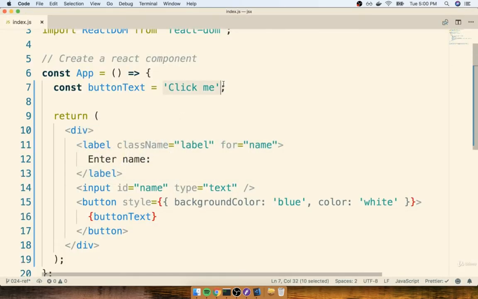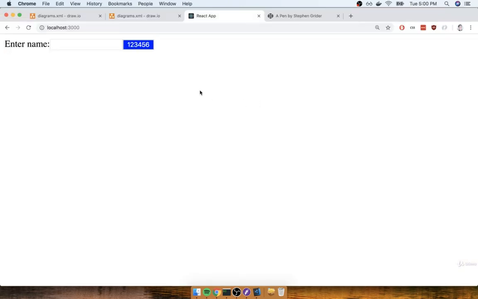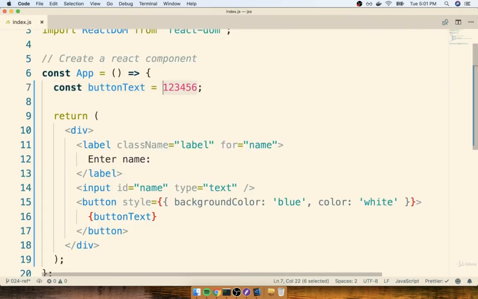All right. So if we want to, we can reference other types of variables rather than a string here. For example, I could instead replace this with a number, 1, 2, 3, 4, 5, 6. I can then save this, flip back over, and I'll see that number printed up here. I could also replace this with an array of, say, strings or numbers. I could do something like 'hi there', 2 strings inside of an array.